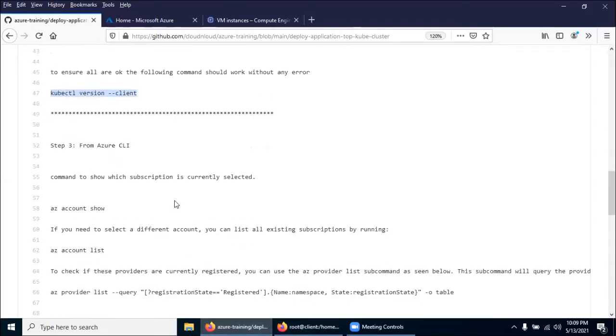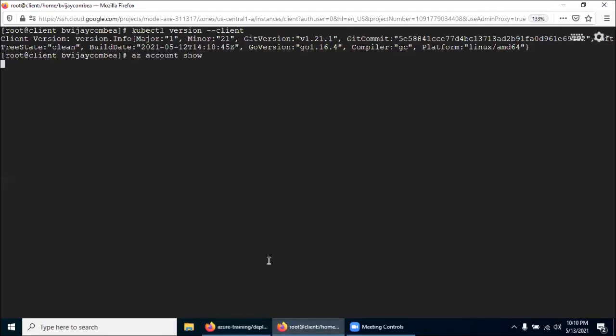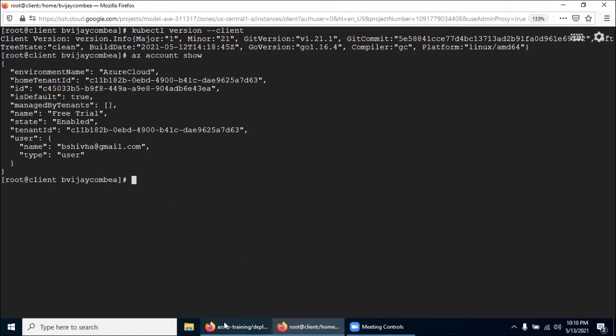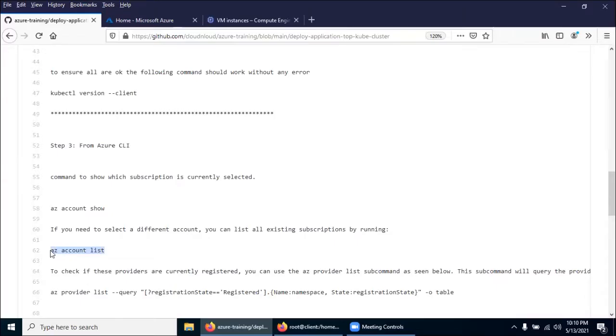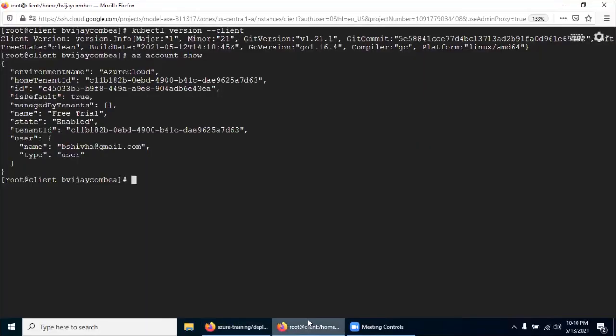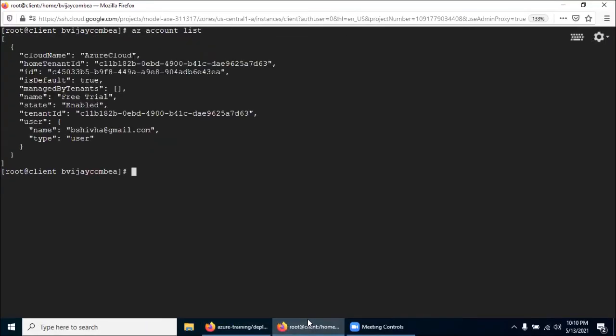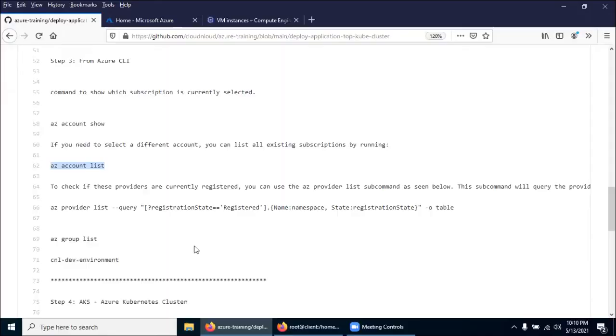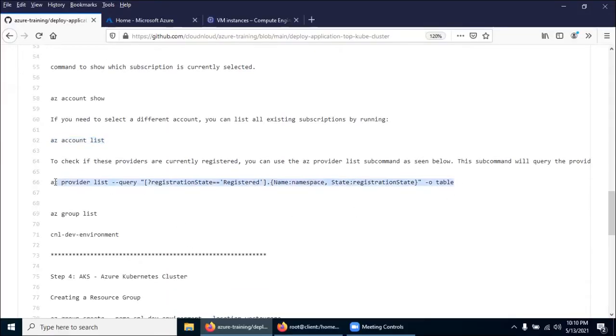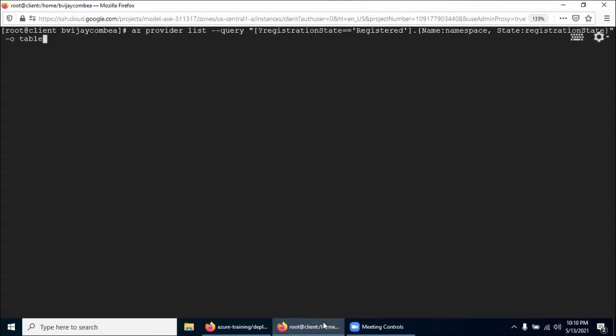Let's start the Azure Kubernetes installation and deployment. First, I'm going to run some pre-check commands. Account show, yes, my account. Then I list out my accounts to make sure everything is correct. Also, I'm going to list out some of the providers that are available.